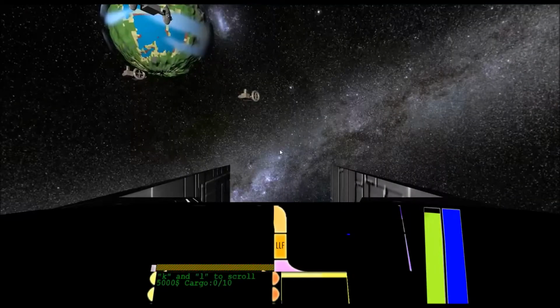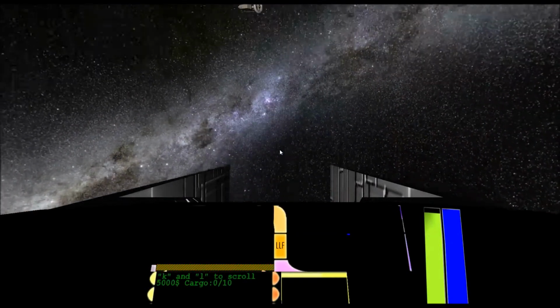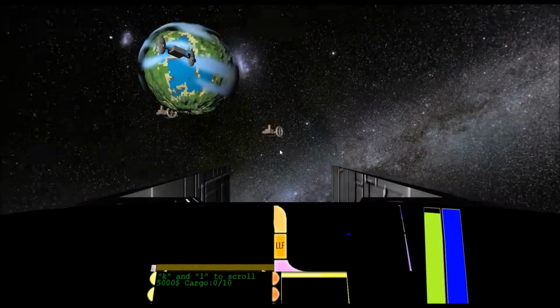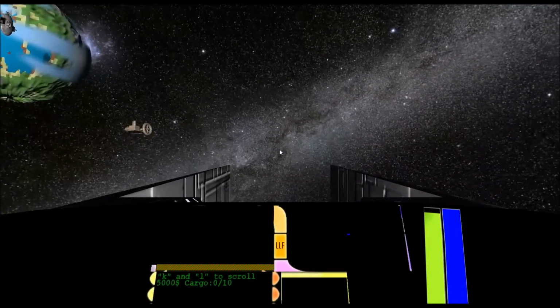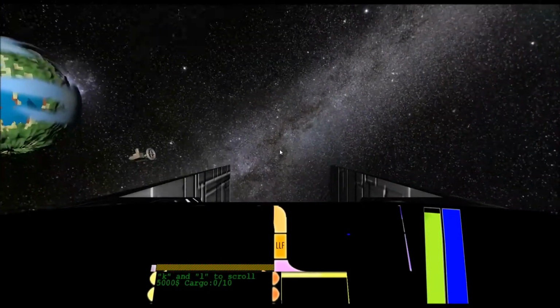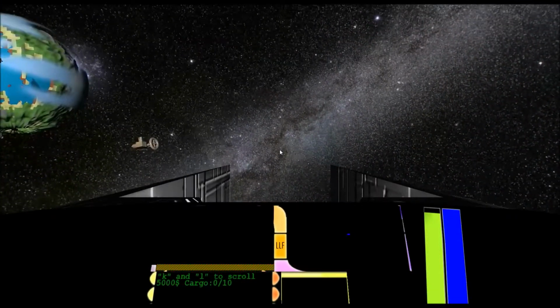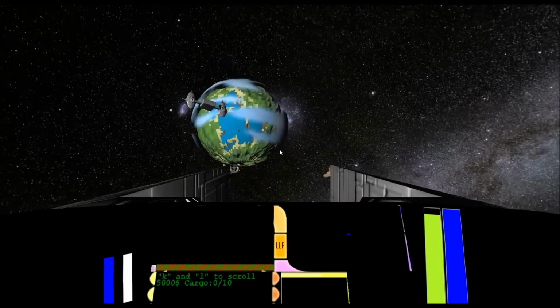Now, this is set up as a QWERTY keyboard, so W is pitch down, S is pitch up, A is turn left, D is turn right, E is roll right, Q is roll left. Now, for example, if I wanted to go to that planet, I would accelerate, then turn towards the planet,